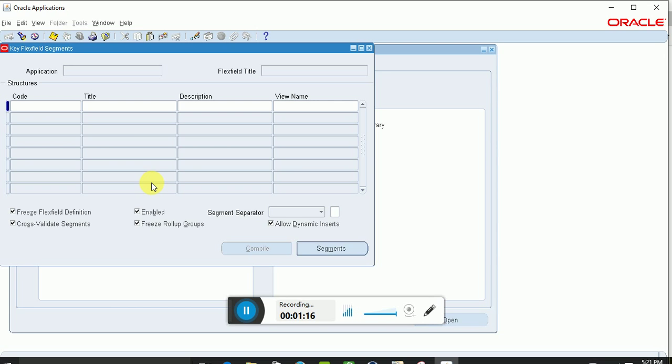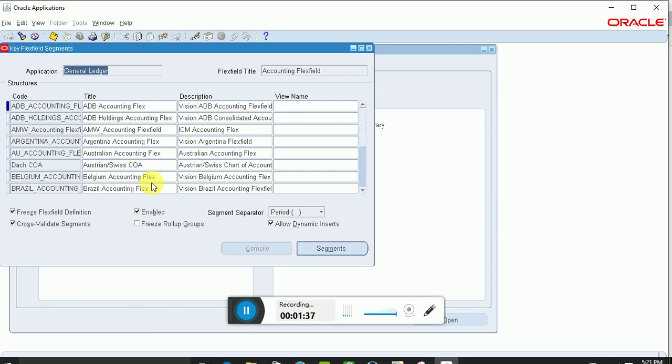Now I'll query the existing flex field definition, which is part of the seed data. It's defined under general ledger application, and the flex field title is accounting. Say control F11,